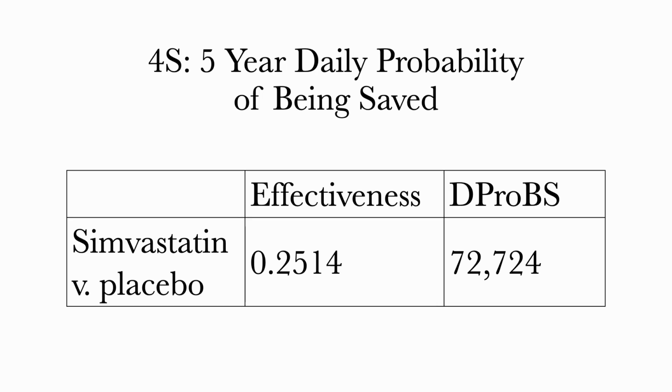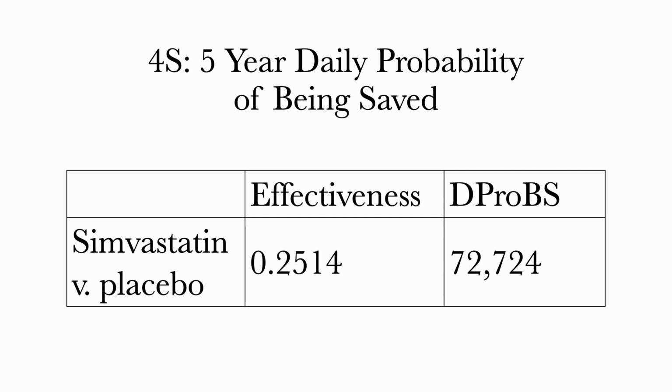After all this calculating, we end up with this very simple table. The patients who took simvastatin instead of placebo had a daily probability of having their life saved of 1 in 72,724. So each day, if you took simvastatin, you might have your life saved by virtue of the fact that you took that medicine. It wasn't a high chance, but it was a chance. 1 in